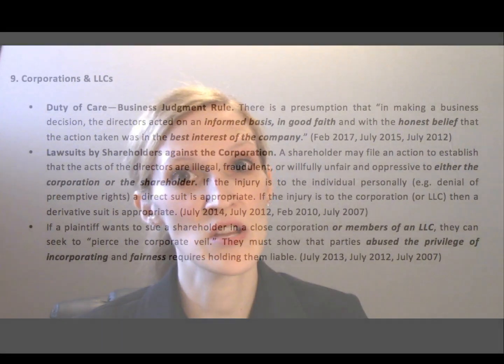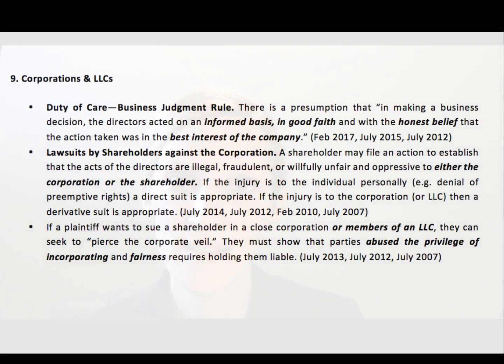Corporations and LLCs. Again, normally you'll see this or agency and partnership, but not both. But again, there's exceptions to that rule. For corporations, they tend to test the business judgment rule. You should know how to define it. You should know when directors don't follow the business judgment rule. Like, for example, they'll sometimes test it where directors will talk for 10 minutes about a big contract. They won't ask any questions and they'll just decide to enter into it. They're probably breaching the business judgment rule. And they'll ask those types of questions to see if you can define the business judgment rule and if you know how it applies in ordinary situations.